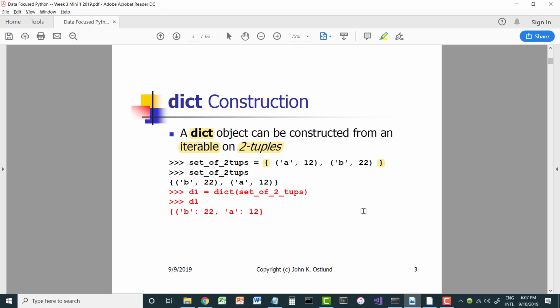The first tuple in the set has little a and the value 12. The second tuple has little b and the value 22. Now the set is not going to store these in any particular order, but it does store those two tuples as its items. And when I then use the dict construction function to build a dictionary from that set,